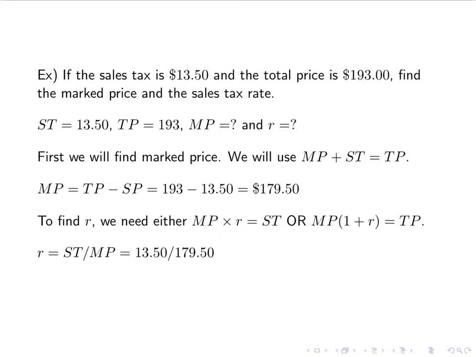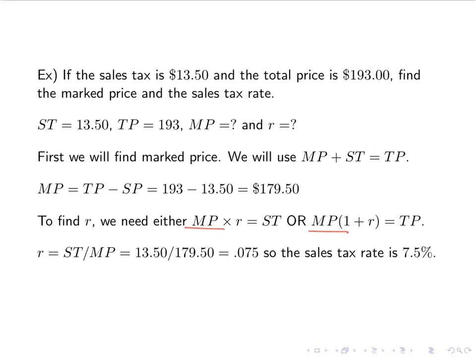13.5 divided by 179.5 equals 0.075. So the sales tax rate is 7.5%. The thing to remember here is that we can't find R unless we know MP. So notice both of these equations involve MP. So even if I wasn't asked to find the marked price, I would have had to have found it